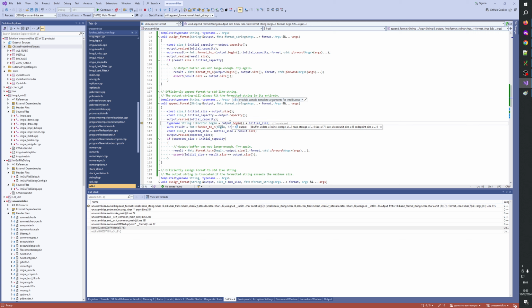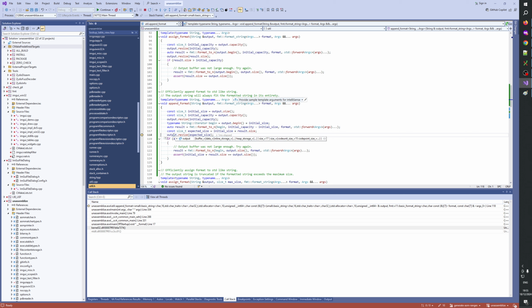So this one will do nothing. Here we have initial size. Okay, so we had at the end, and we format now to 0 essentially, right? That's 0. So result will give us 6 out. Is that okay? Expected size is now 21, and now we resize